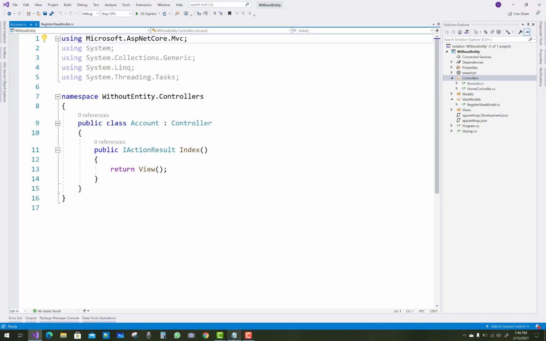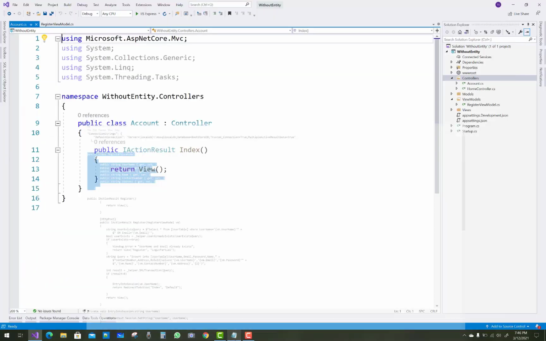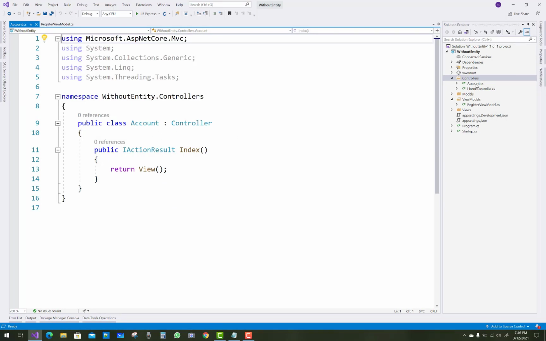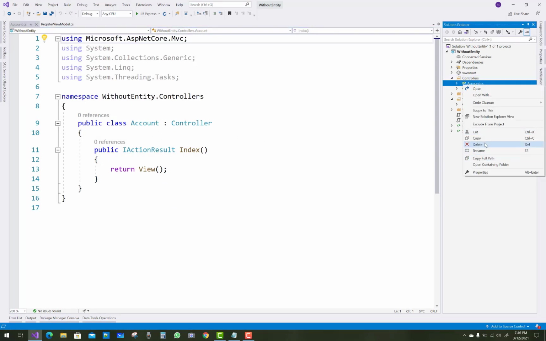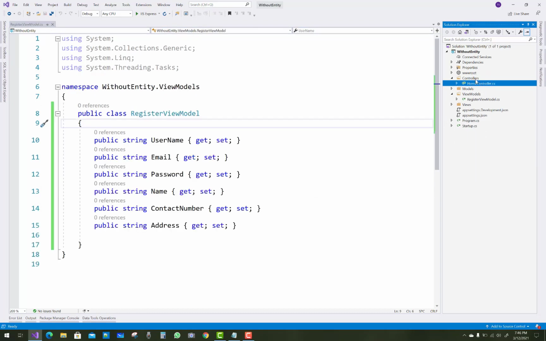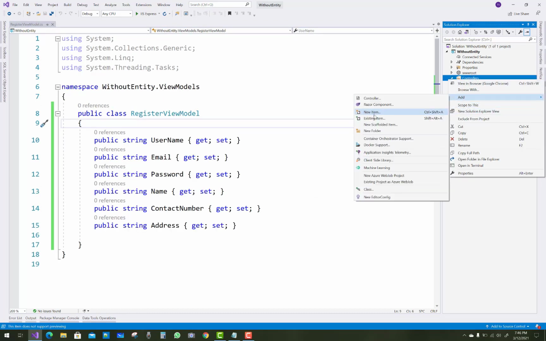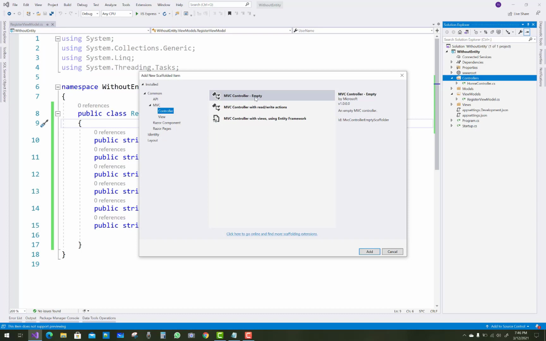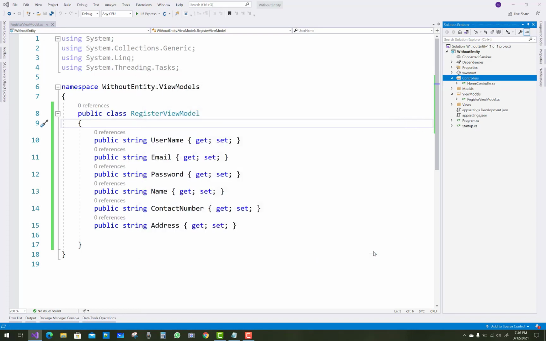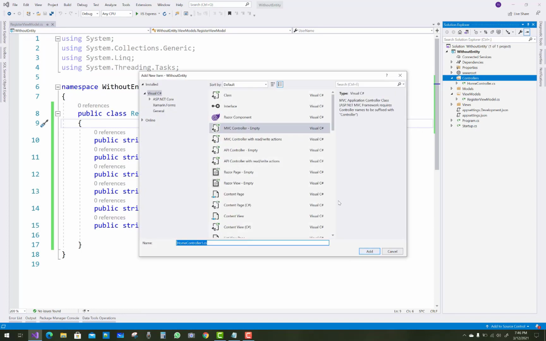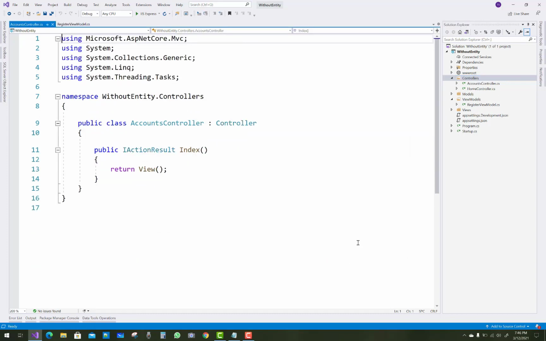Oops, that is not good looking, so just delete that controller and add a new controller again, with the name AccountsController, with the postfix Controller just after the name.